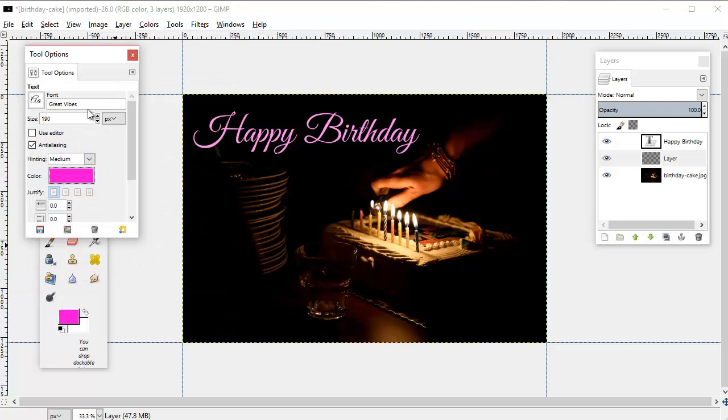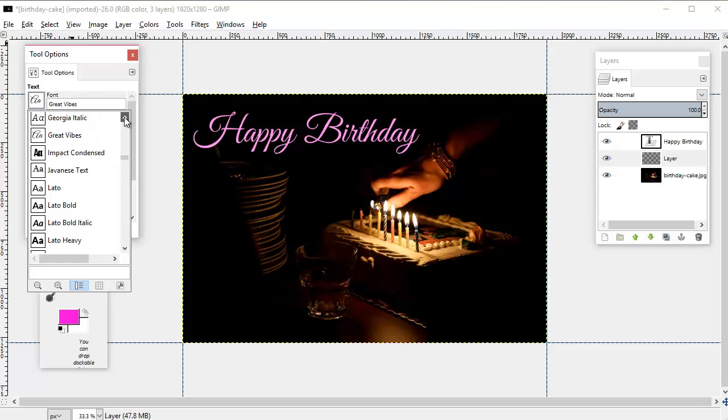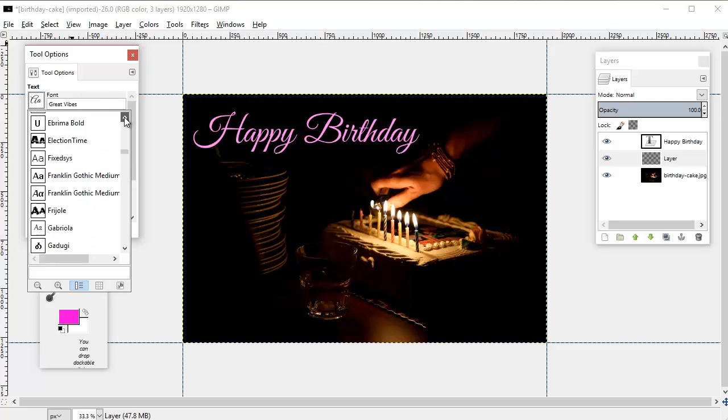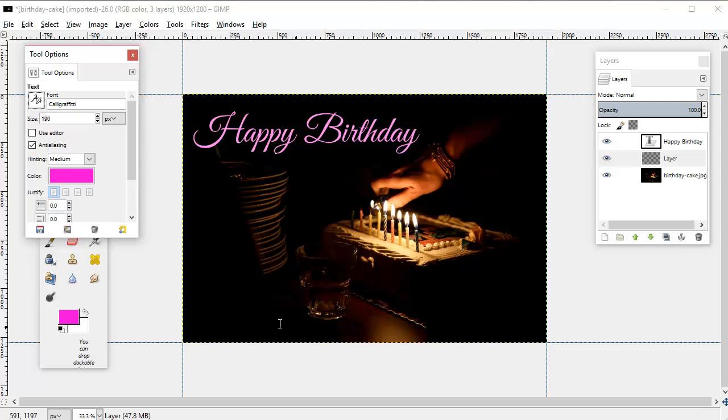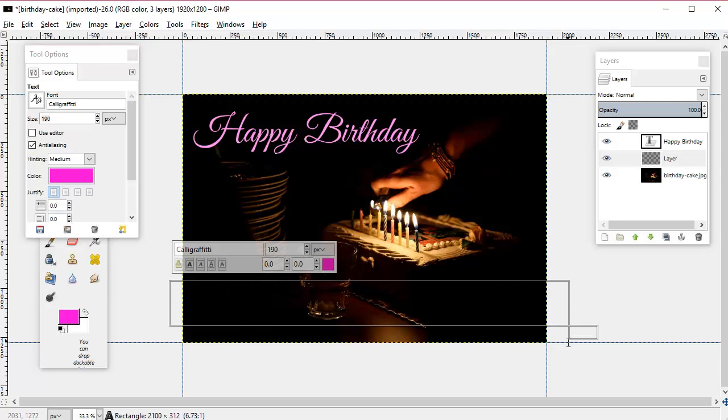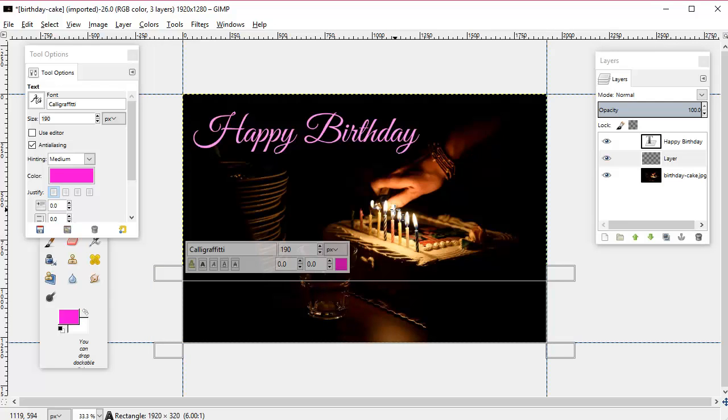And click OK. And I'm going to make this a different font just to play around and experiment a little bit here, which I encourage you to do. And so I'm just going to make another text box like this by clicking and dragging. Snap it to my edges, and then